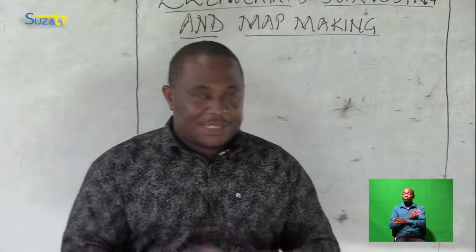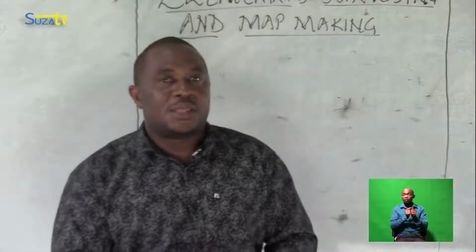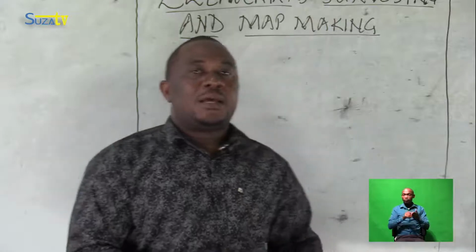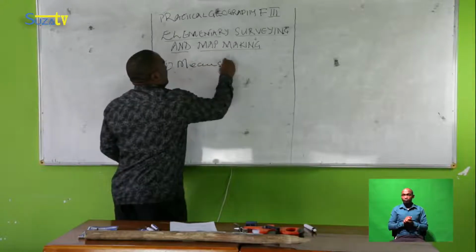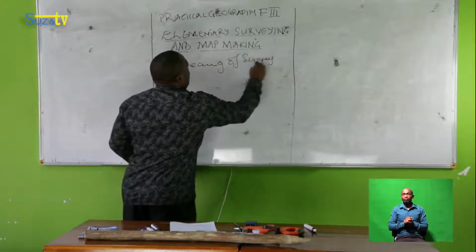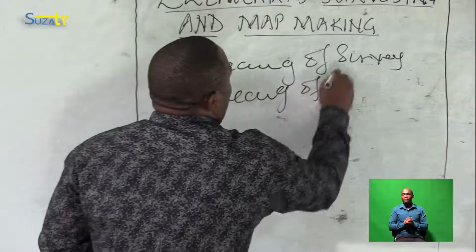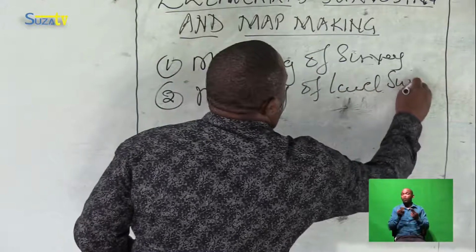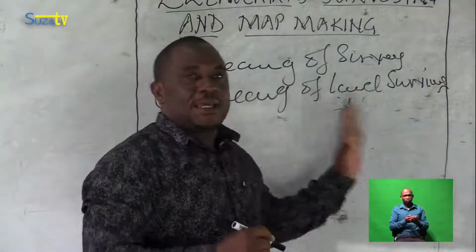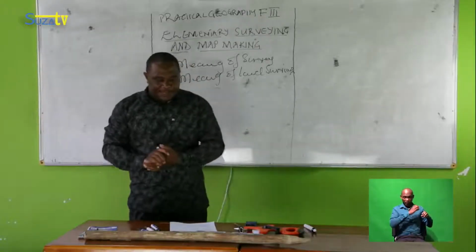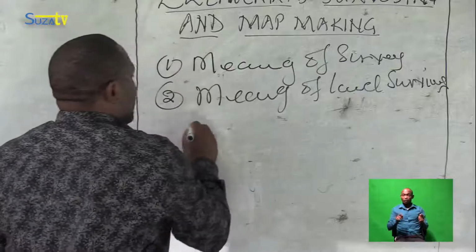before discussing the uses and the types of material we are going to use, let us know the meaning of survey, and second, we will look also at the meaning of land survey. Survey is a science and a systematic measure of distance, area. We say a survey